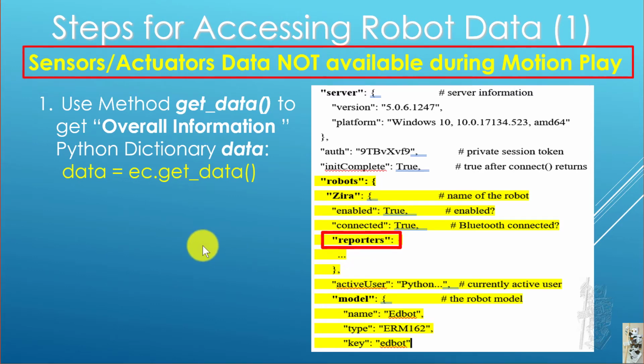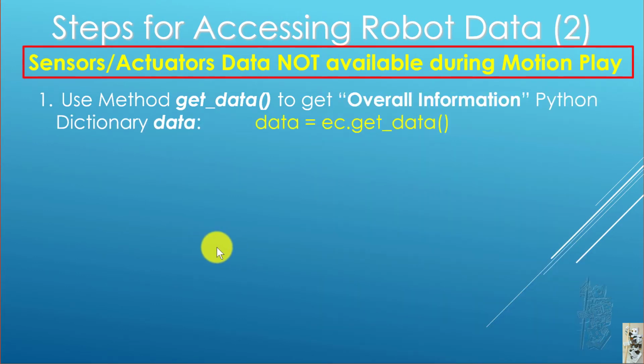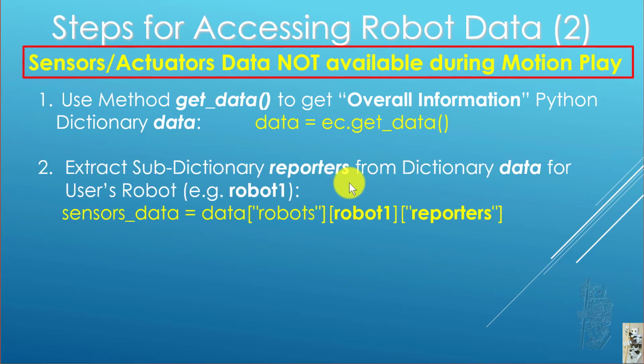So how do we do that? Once you get data, which is the very big overall dictionary, you extract the subdirectory reporter from that dictionary. You supply the key robot. I'm entering the information robot 1, which is 0 in our particular case, and I want you to pull out the subdirectory called reporter. Whatever you get, you save into the object called sensor data. And once you've got that,